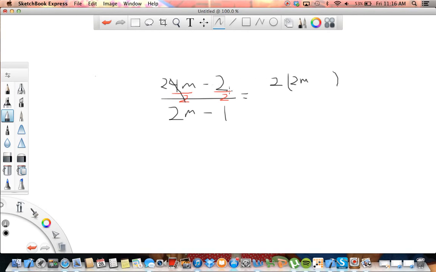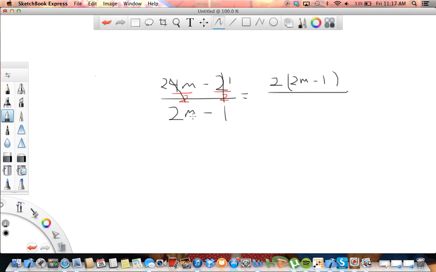And then negative 2 divided by 2. And remember, like the last problem, when you have the same number on the top and the bottom, that cancels out and leaves you with a 1. So I'm going to subtract 1 right there because we just bring the minus sign over. That's all going to be over